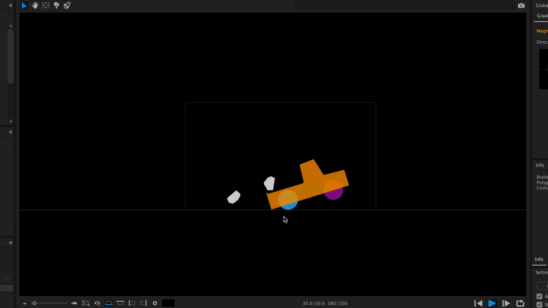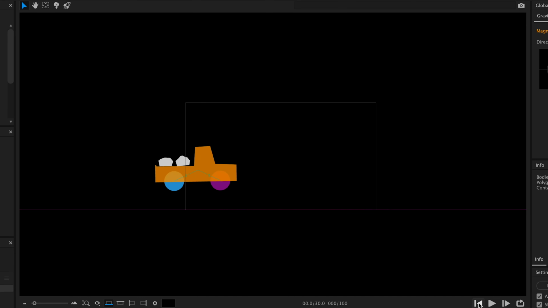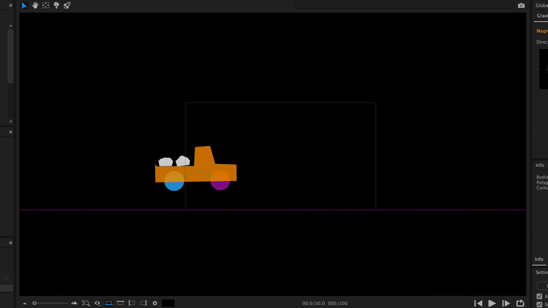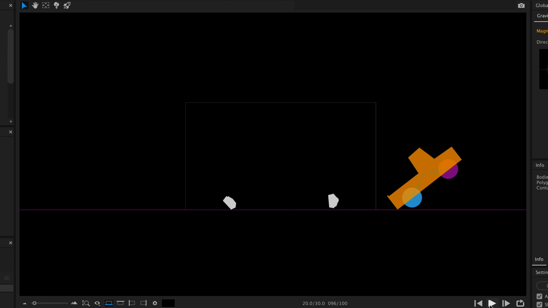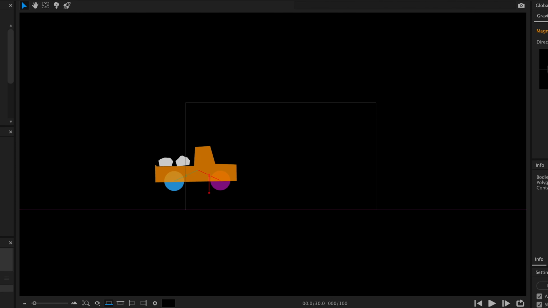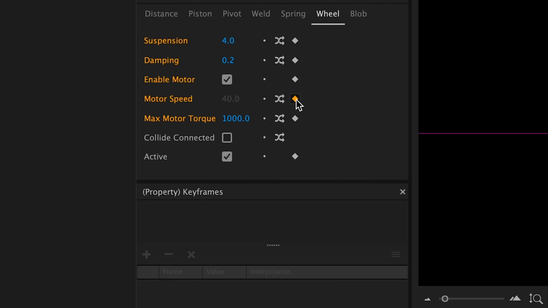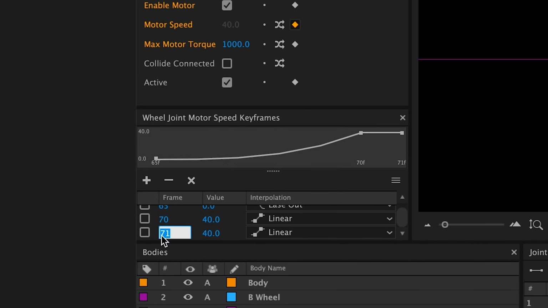I'd like him to go and then stop quite quickly because he's dropped his baskets. So maybe he'll go, and then he'd have to stop a bit first. Here. So at image 95. So I'm going to show you something. We could cut the motor here, but if I cut the motor, it's like it's coasting. On the other hand, if I modify the speed, it will really force the wheel to stop. So that's what we're going to do now.